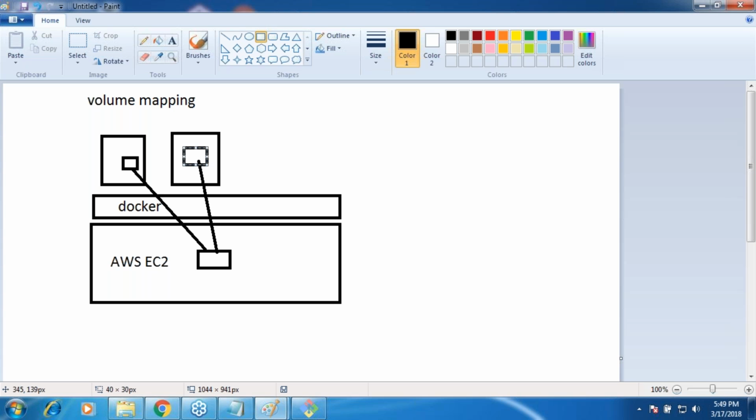For the rectangles you are seeing, you can create any directory structure. You can say temp, like what I have done, or Jenkins home, or var html, or any important directory. And it is not mandatory to have just one volume mapping; you can have two or three. You can write one more minus v statement and create one more mapping. If your application has two important folders, one for logs and another for data, write one more v and say that logs should be mounted to home ubuntu slash logs. Done. Make sense? Yeah.